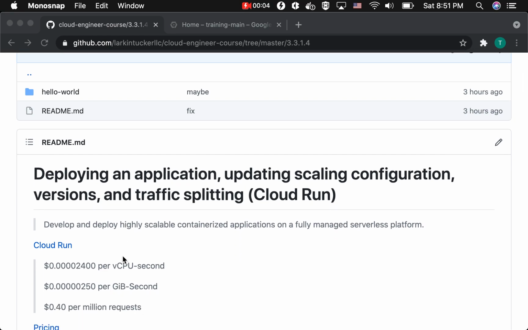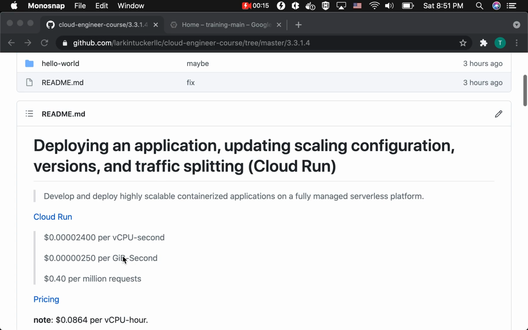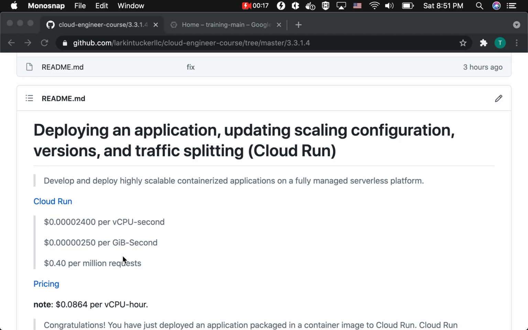Hello, this section is entitled Deploying an Application, Updating Scaling Configuration, Versions, and Traffic Splitting, but this time we're using Cloud Run. So Cloud Run is very similar to App Engine's flexible environment in this respect that it is built on top of containers. So you basically build a container and you're deploying a container inside of some container engine that Google